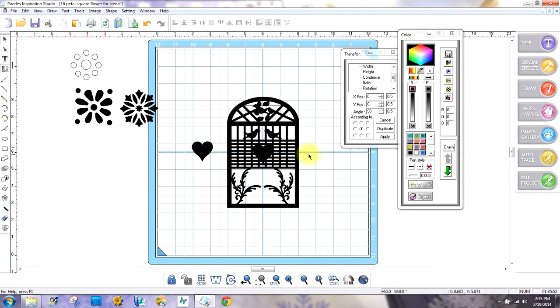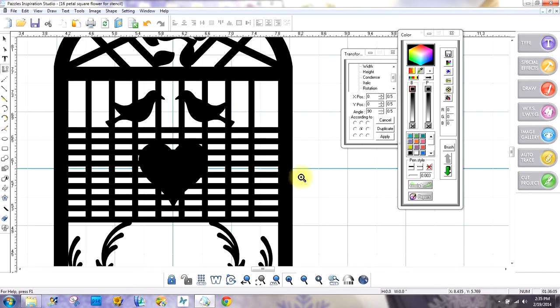Whoops. Try that again. I just want those bars. Okay, that's going to give me a hard time, so I need to get in closer. Let's try that again. Bar 1, bar 2, bar 3, 4, 5, 6, 7, 8, and I can't see it, so I'm going to